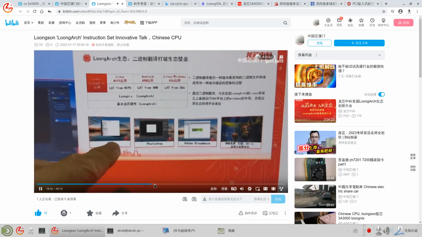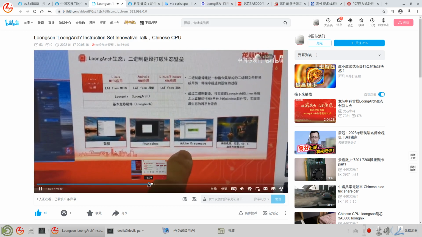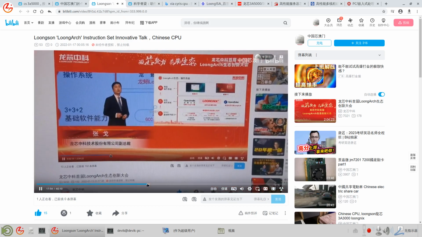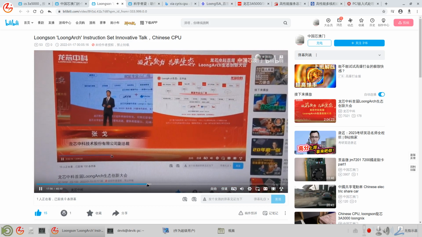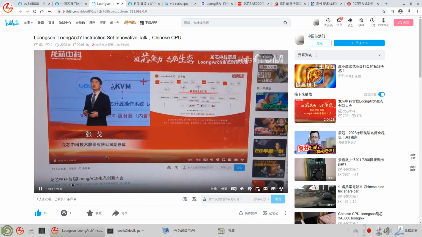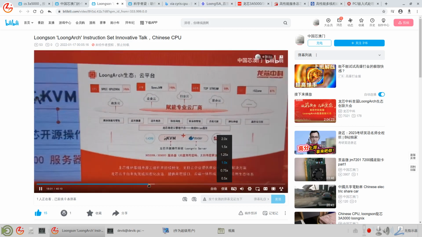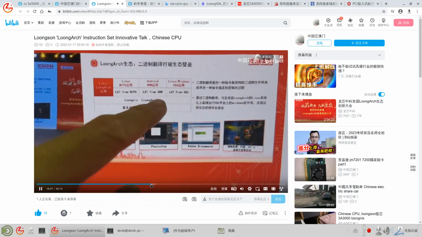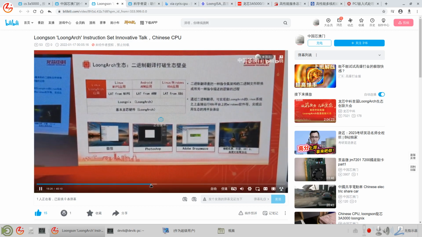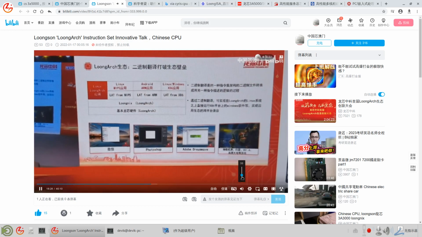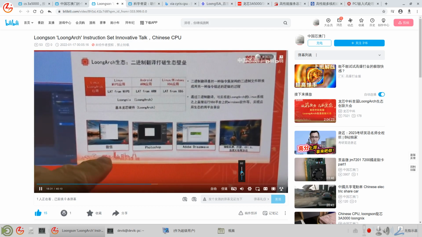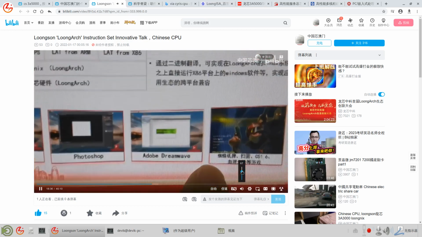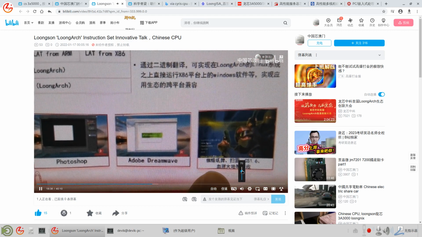So they can run WeChat, Photoshop, Adobe Dreamweaver, and it also supports adapters and KVM, also ARM and x86. So they can run WeChat, Photoshop, Adobe Dreamweaver, and some kind of CS, some games.